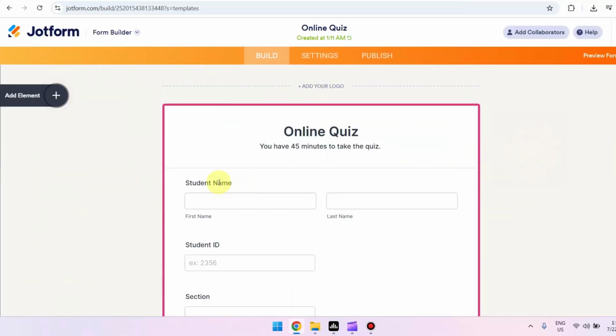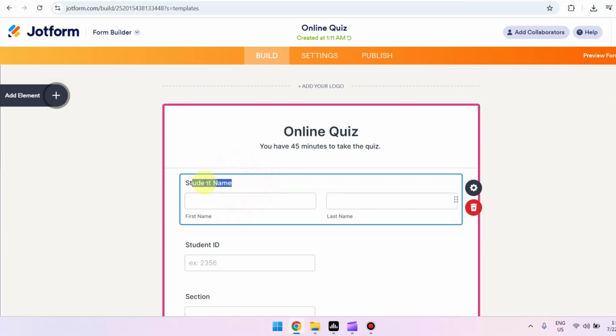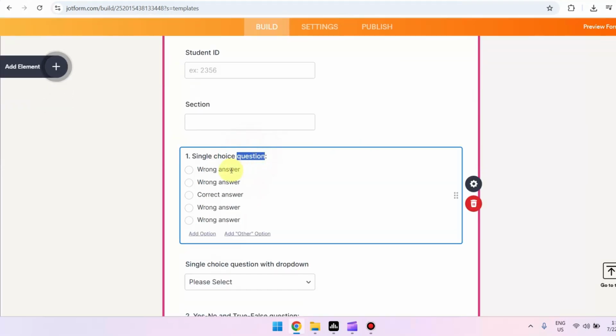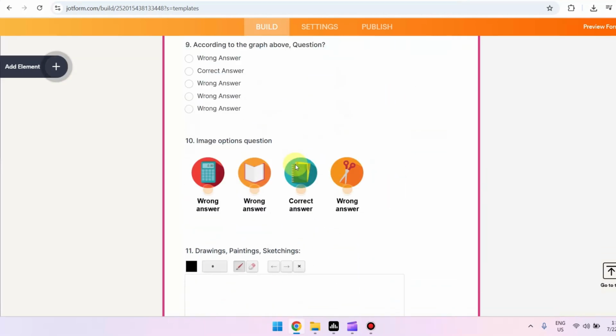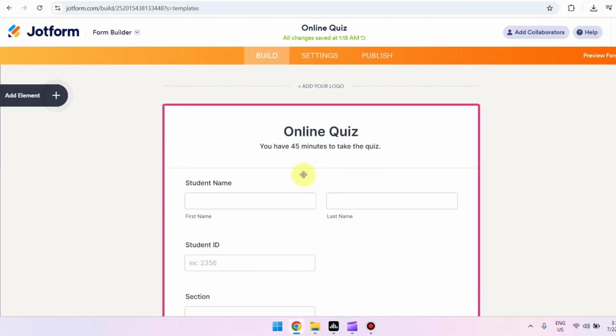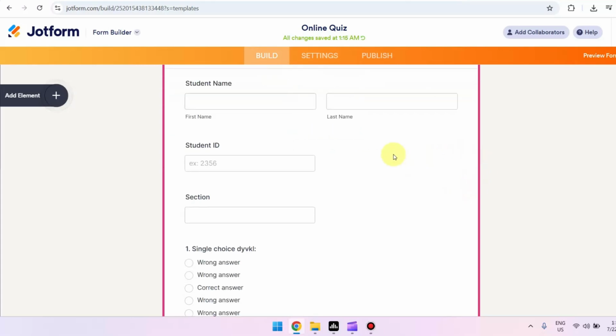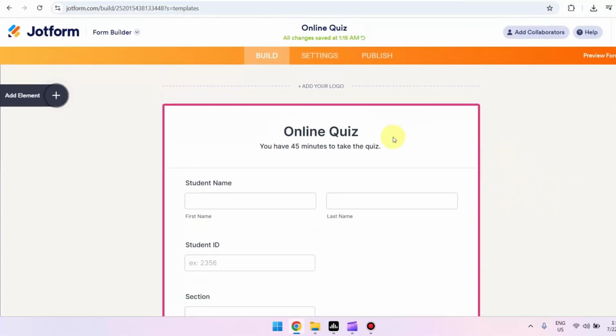And from here, you can easily edit fields. You can even change the question and even the answers on your preference, which makes creating a quiz much easier. So every change you make is automatically saved so you don't have to search or look for the save